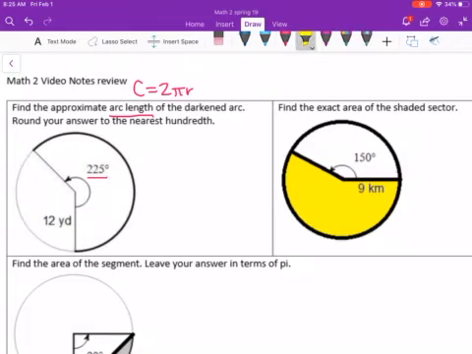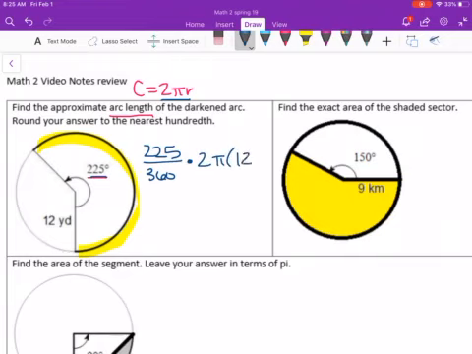So if we want to find the arc length of this arc, it's going to be the 225 degrees out of the total 360 degrees in a circle. And we're going to be multiplying it by 2 pi r, part of the circumference. So 2 pi, and in this case, the radius is 12. Okay, if it says round your answer to the nearest hundredth, what that means is you need to put the whole thing into your calculator, including the pi. So if you did that,